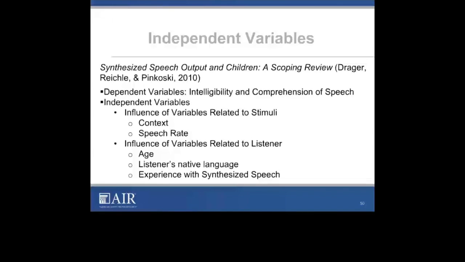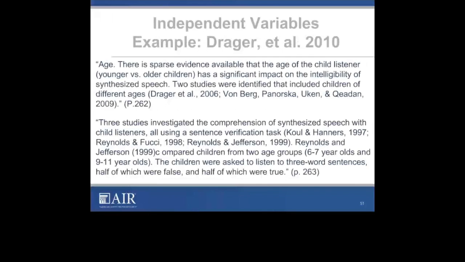So these are related to stimuli variables and variables related to listener. They give us some categories. These are the 5 that they identified across the studies. I've lost the number here now, just how many studies there were. 10 studies. These were the 5 categories across the 10 studies that they've identified. And here's what their summary looked like.